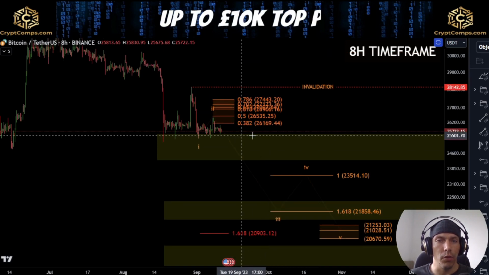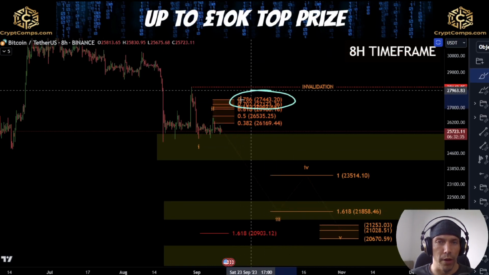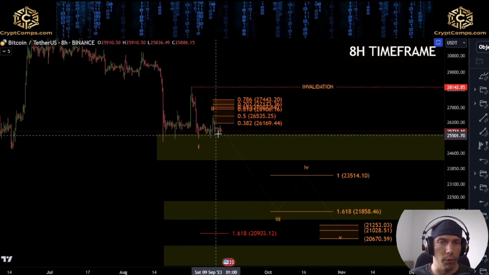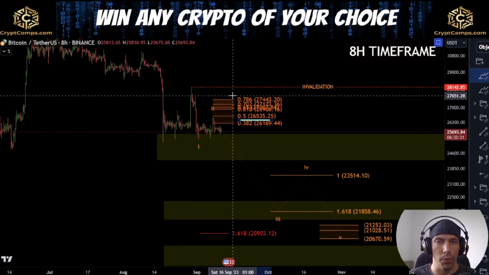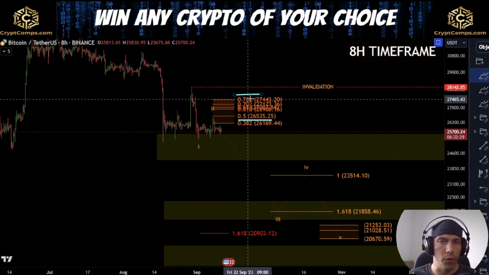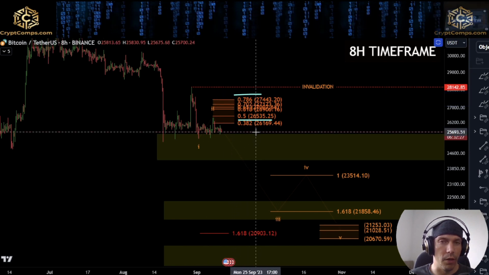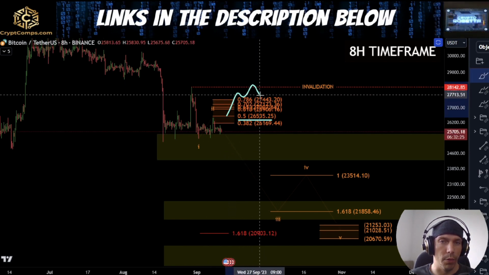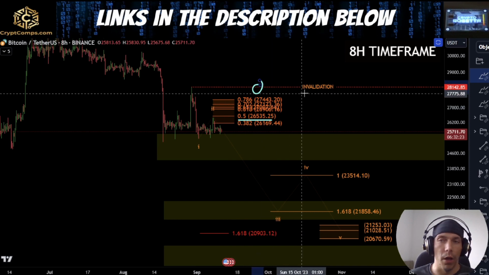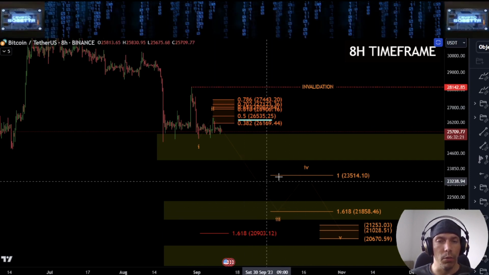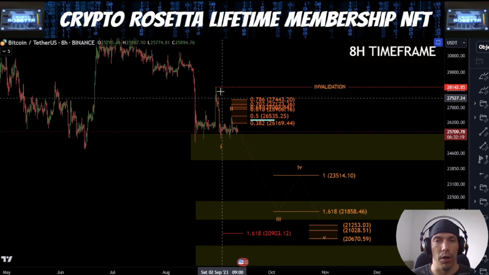27,443 level is going to be the highest we'd really want to see this come, because as a wave 2, the most common zone is between this 50% and the 786. If we start to move back above this 786 and we get a sustained break above this level, and/or actually cross this line, then we would look to invalidate